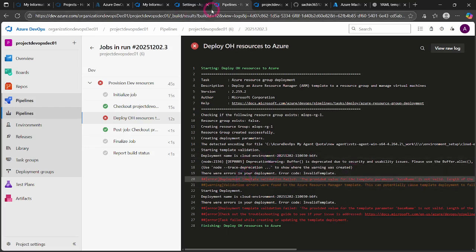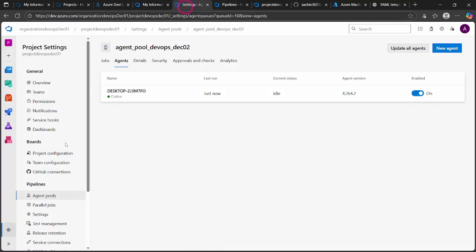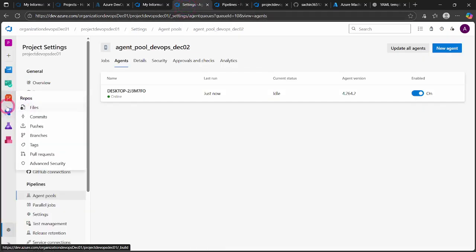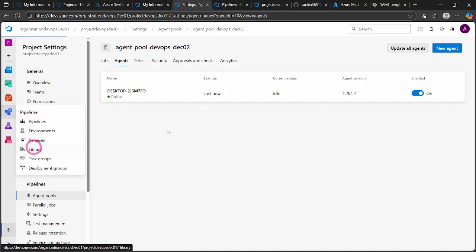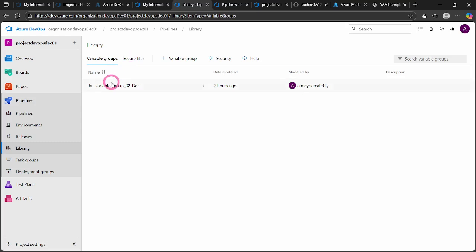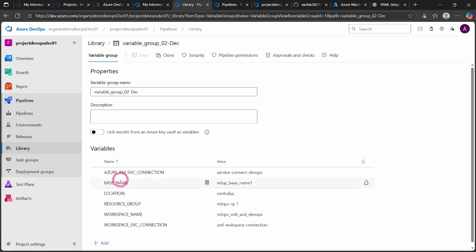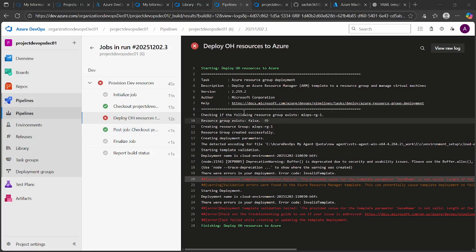Let's see what's the name here. If you go here, this part, maybe we have some setting. Go to library, go to variable groups. Here we have base name. So this is the base name here. Okay, at least we removed that part where we had the quota permission and other